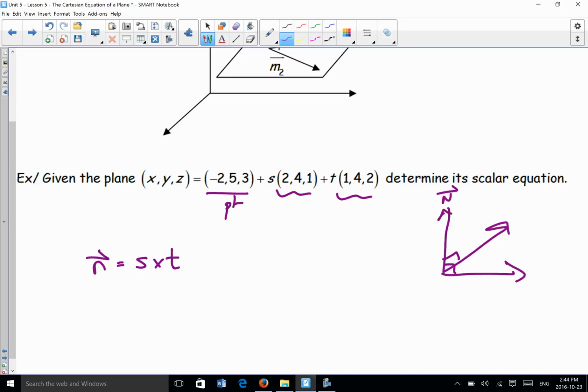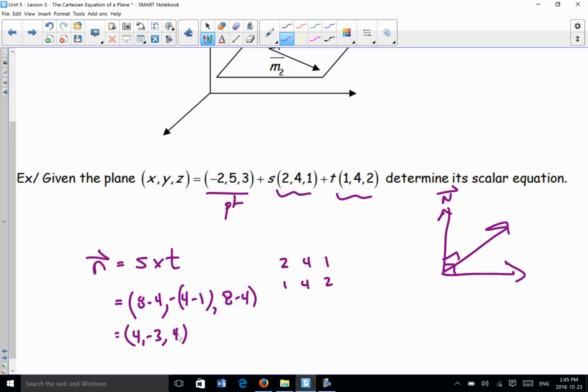And we can use, remember our methods, we have the crisscross method, we have the cover-up method, your choice. Just do a cover-up here just to remind ourselves. Write them out left to right, and then cover up the x's and do the other parts. So 8 minus 4, 4 minus 1, but the opposite sign, and 8 minus 4 again, 8 for the z, and we'll get 4, negative 3, and 4 as our normal for this